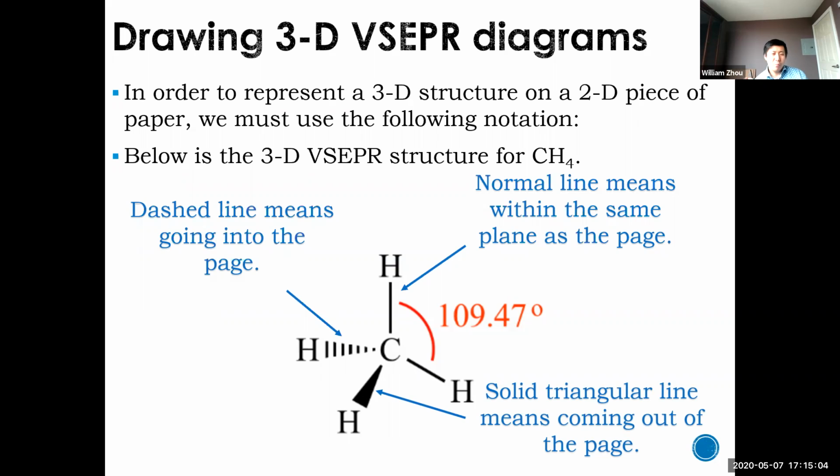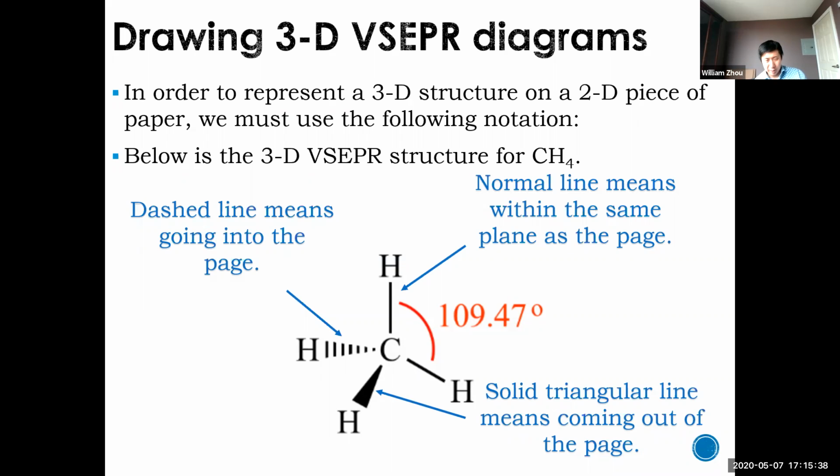For something with 4 constituents, like CH4, the way you would draw that is you always draw 2 lines that are in the same plane as the page, so normal lines. Then for the other two, one of the lines will come out, and the last one will point inwards. So use dash and solid triangles. And the bond angles between all of these hydrogens are all